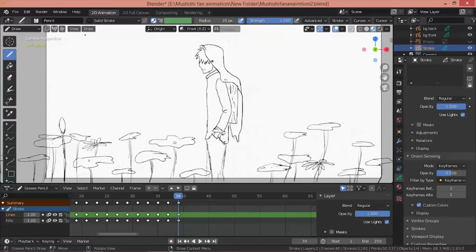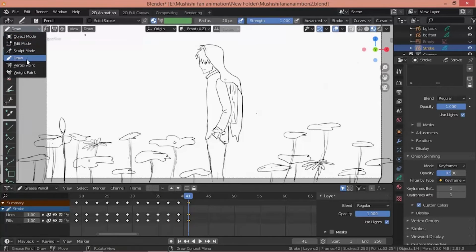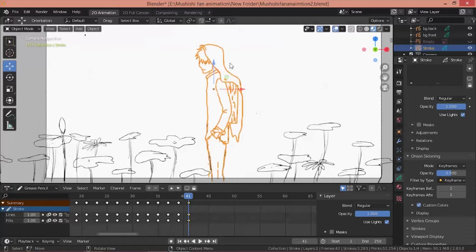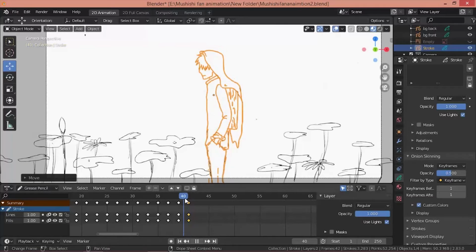Any starting animator might think that you have to draw each frame pose by pose, but actually a faster way to do this is to select the keyframe, and I'm pressing Shift D here and copying the keyframe. So what has happened is the last keyframe has been copied again. Then after copying the last keyframe, I'll go to object mode and take it slightly down, so you can notice the difference.